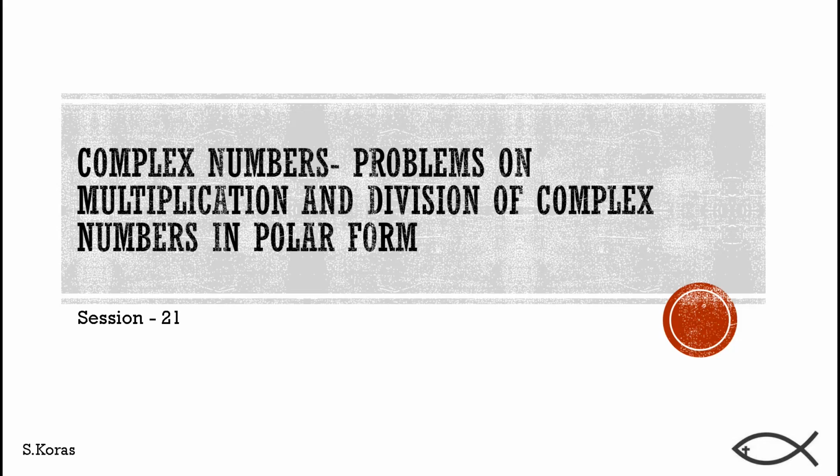In this complex number session 21, we are going to discuss problems on multiplication and division of complex numbers in polar form. Let us try to simplify (cos pi by 3 plus i sin pi by 3) divided by (cos pi by 4 minus i sin pi by 4). These two are in